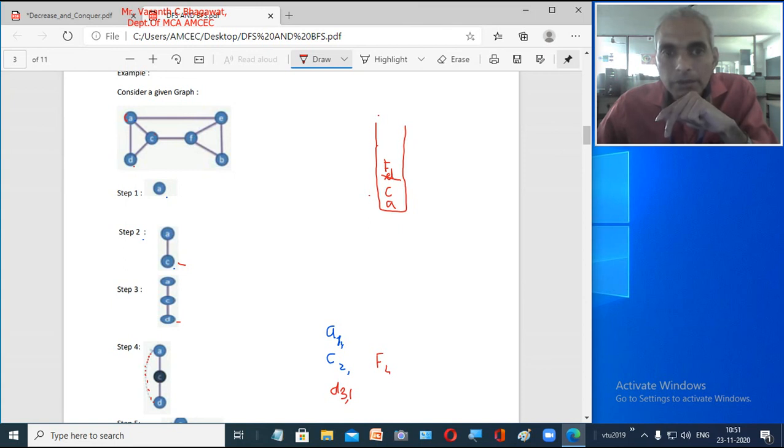Chronologically, which is first, we will put that into our stack: B. So the next node we are going to take is B. We will write B as the next node which you are going to visit. This is the fifth node which you are pushing into your stack, so we will write it as 5. So B comma 5, right?